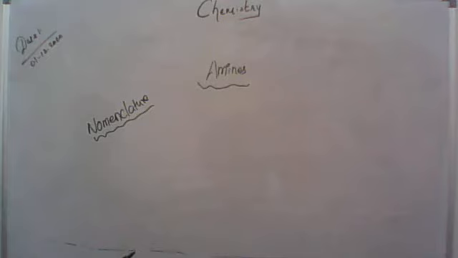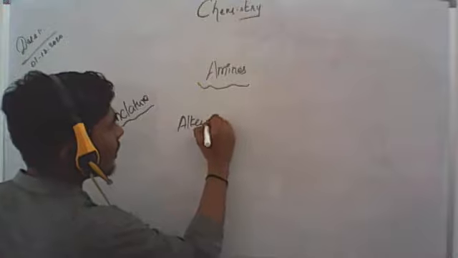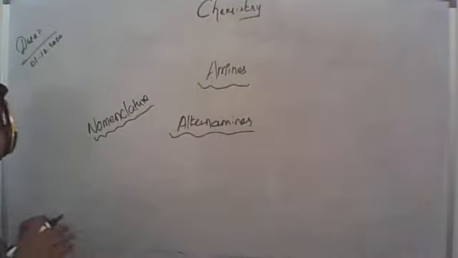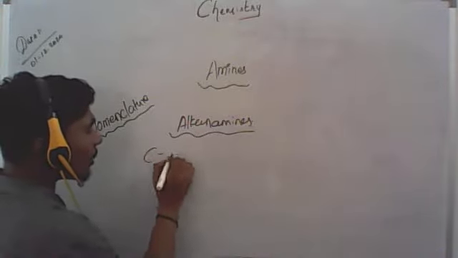Okay. In the IUPAC system, primary amines are named as alkanamines. Okay, see here. Alkanamines. So generally in the IUPAC system, first, if a single carbon is attached,